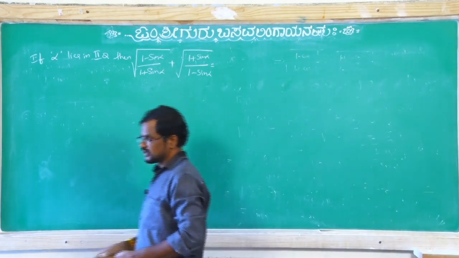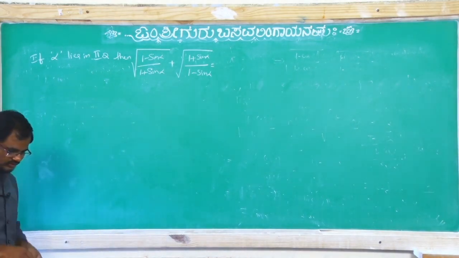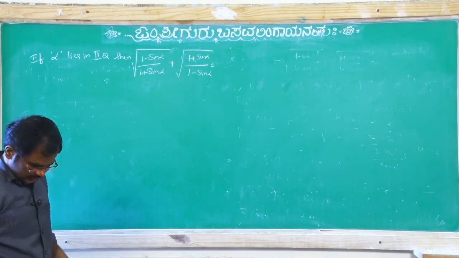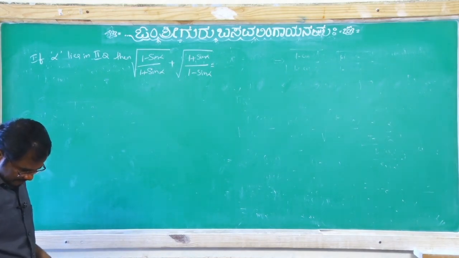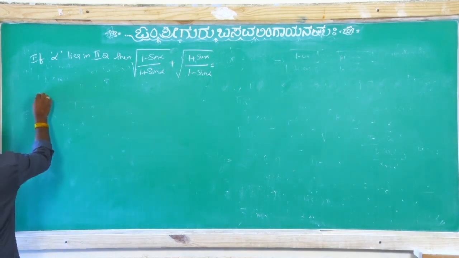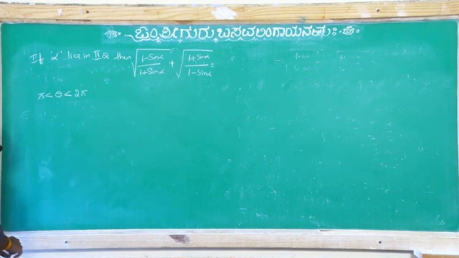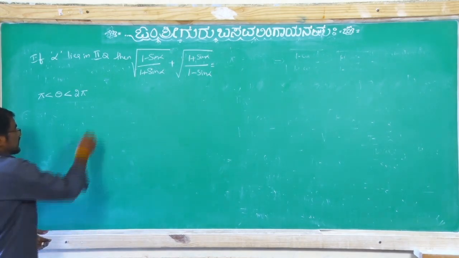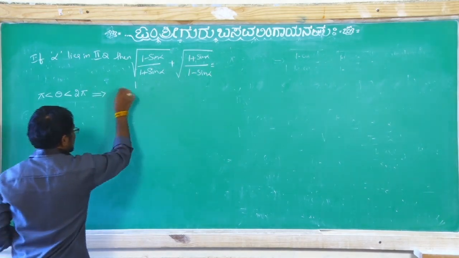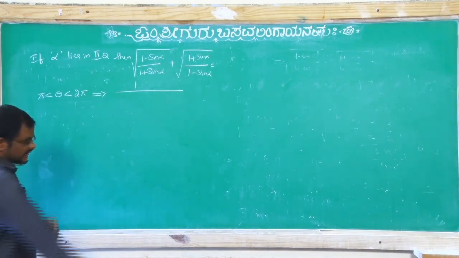Next, later you do this problem as a homework. You take, do this problem. Pi less than theta less than 2 pi. Pi less than theta less than 2 pi. That implies 1 by sin theta